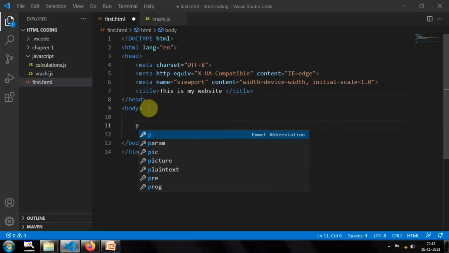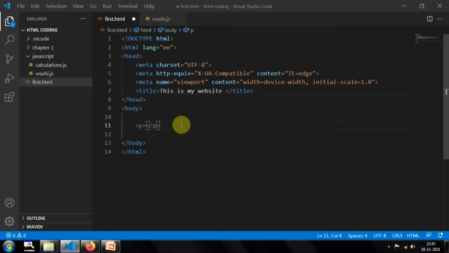Guys, in the body we have to write a paragraph, so I'll mention one paragraph here. If you just press P and hit enter, then with the help of Emmet abbreviation you'll get the opening and closing tags, and you know about this, right? Doctype is HTML, lang, and this is the character set. UTF-8 is the encoding, and the meta tags give the viewport and all those things. Title is there and head will be closed. After that comes the body, and in the body we can write everything.